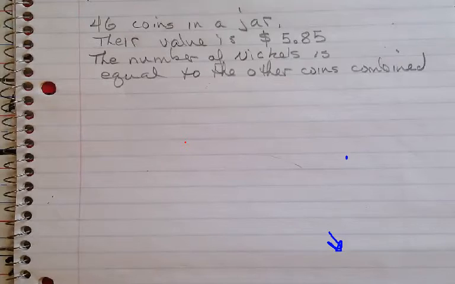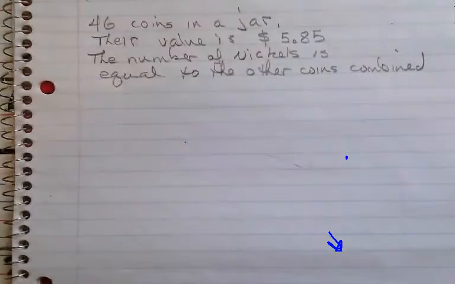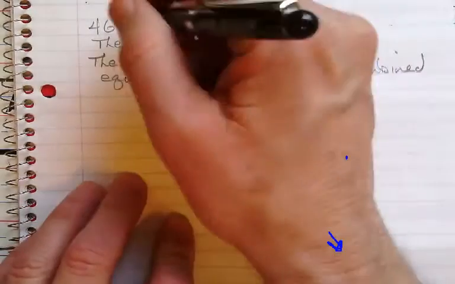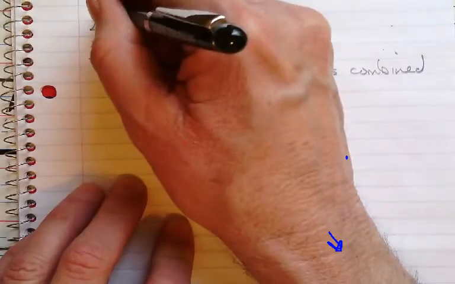Still using matrices to solve word problems. Here we go. So, we've got 46 coins in a jar. Their value is $5.85. The number of nickels is equal to the other coins combined. I forgot to tell you what kind of coins they are. There are, let's see,